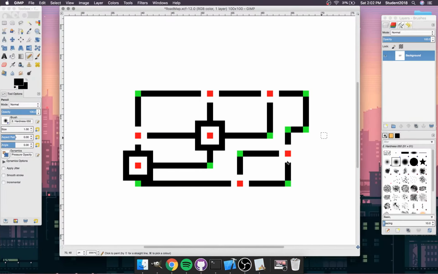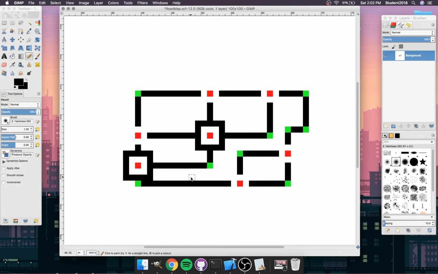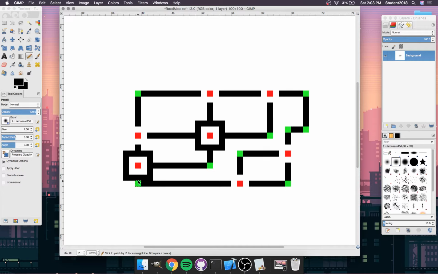And because this corner goes right into the intersection, it's canceling out the stop signs and the stuff, and it's kind of a problem,